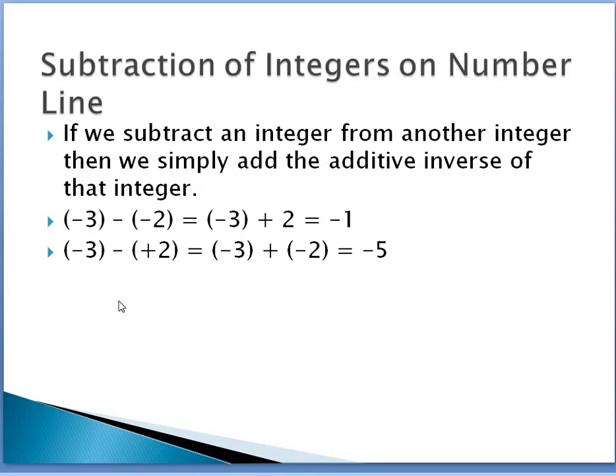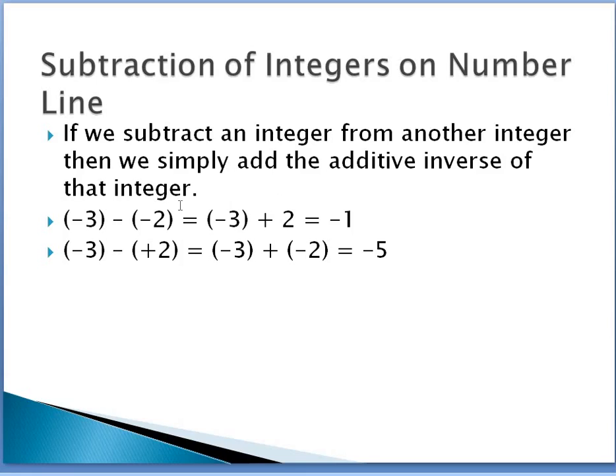Subtraction of integers. Now, how to subtract integers on the number line? We have added, now subtract. To subtract an integer from another integer, we simply add the additive inverse of that integer. Subtraction of integers is the same as addition of the additive inverse. I will repeat again: subtraction of an integer is equal to addition of